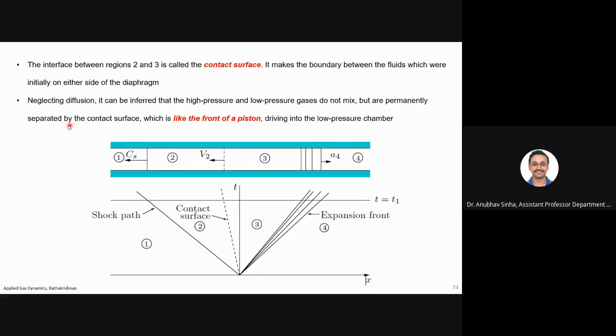Okay, so if I assume that, let us say that we have an imaginary piston here. Gases are not getting mixed, but this high pressure gas is basically pushing this gas. So if it is not mixing, we can as well assume a piston here, which is moving through and driving the gas from the high pressure to the low pressure region, or driver section to driven section. That is the theoretical or imaginary experiment. We can assume that the piston is moving to the left, this contact surface that you can see in this plot.